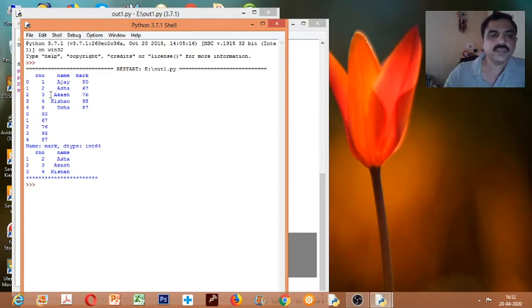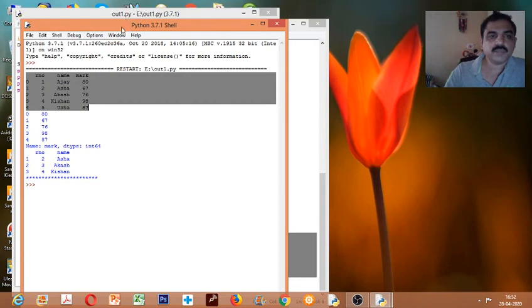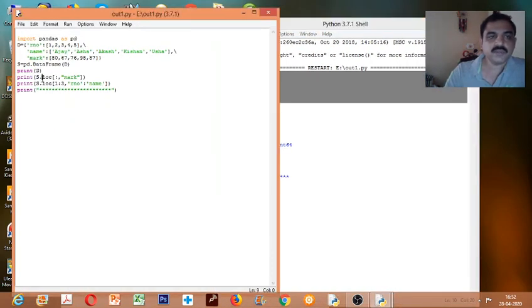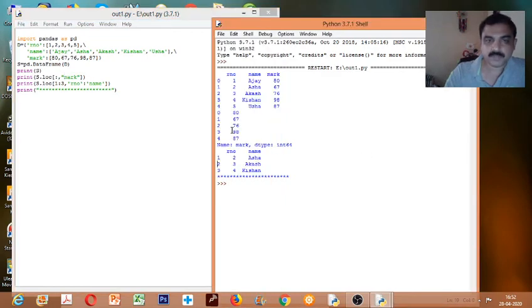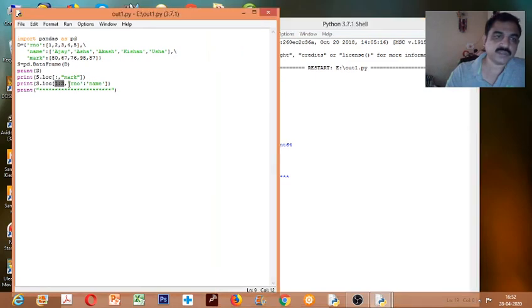So the data frame is displayed. Then we displayed all rows with only the mark column. Then 1, 2, 3: you can see 1, 2, 3 with roll number and name. The mark column is not displayed, as we have specified only those columns. The first part is for referring to the rows, the second part is for referring to the columns.